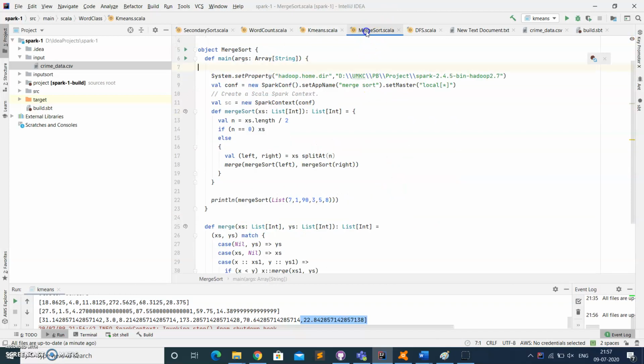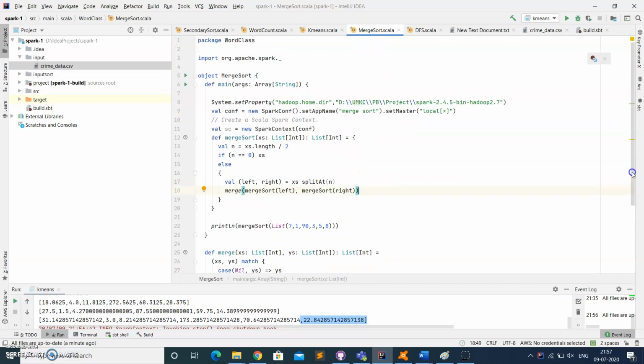And then let's move into the second program, that is merge sort. What basically happens in this merge sort is we have a list, and we are going to sort that with the help of merge sort. The basic algorithm of merge sort is: if you have a list, we'll be splitting that list into two halves. The center will be the position where we are going to split it, and this will happen as a recursive function until the center becomes 0, and the list will be split into a right half and a left half, which undergo this merge sort again.